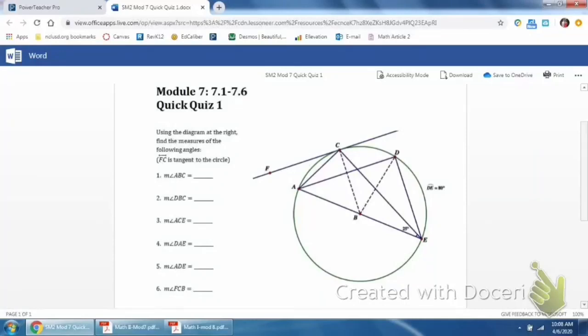Alright, so for the quiz, we're going to be pretty much just filling out this diagram. Everything should look kind of like what we've been doing the whole chapter, just like those central angles and the intercepted arcs. And then